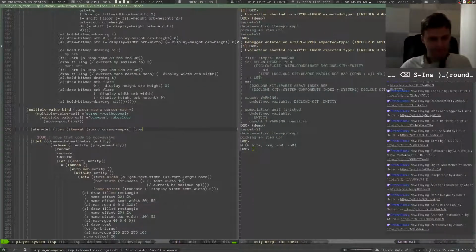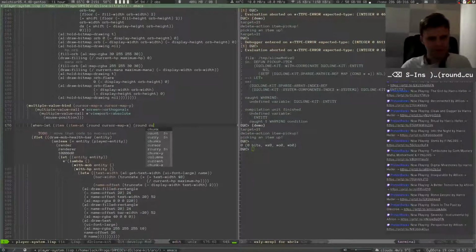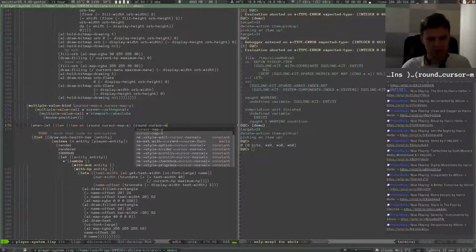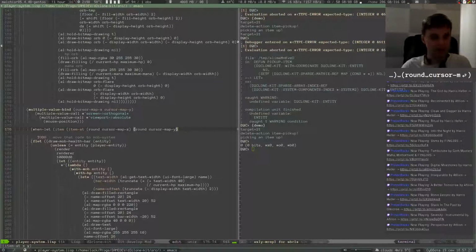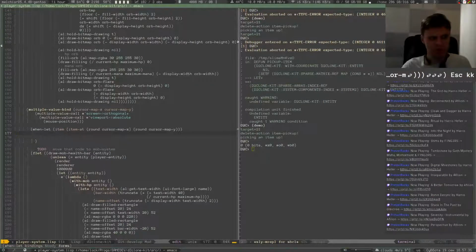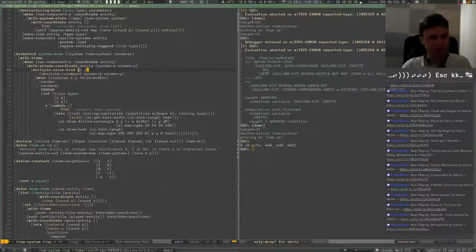And cursor map Y. Come on, cursor map Y. Right, so when we do have this item, we want to kind of draw it. Right, so here,